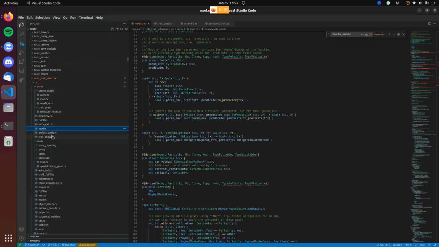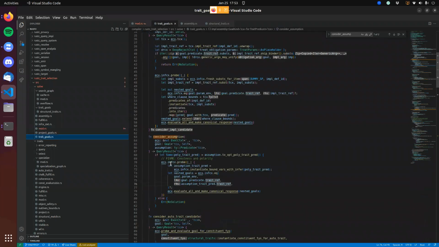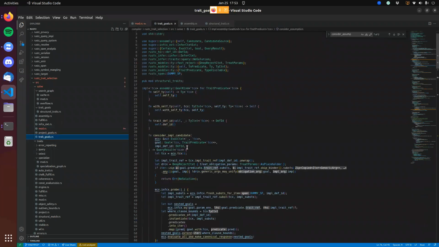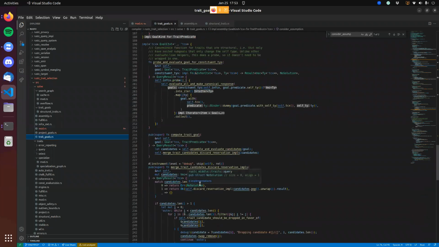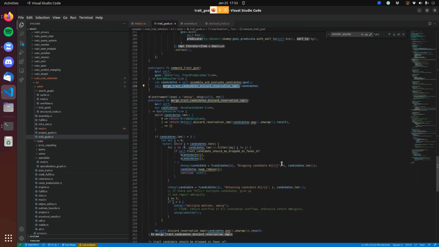And the way this solver deals with this is somewhere in this file. It's in compute trait goal. And it's in merge trait candidates and discard reservation impl, which is not perfectly implemented, but the way it works